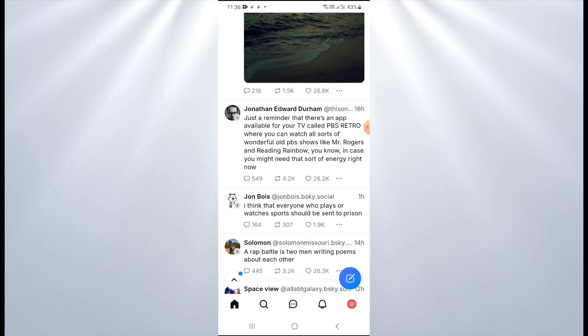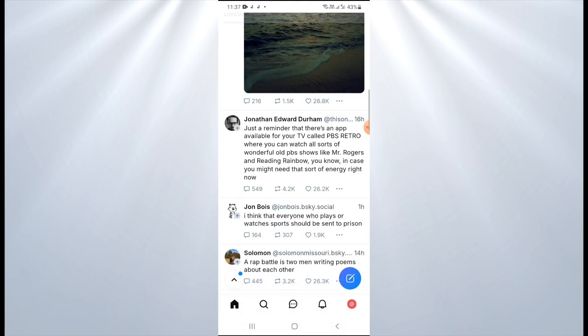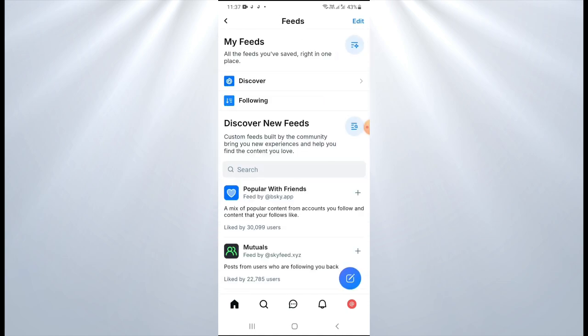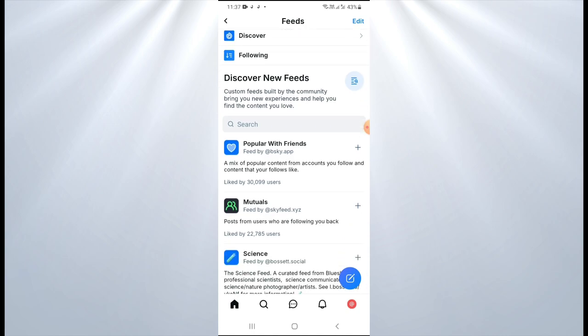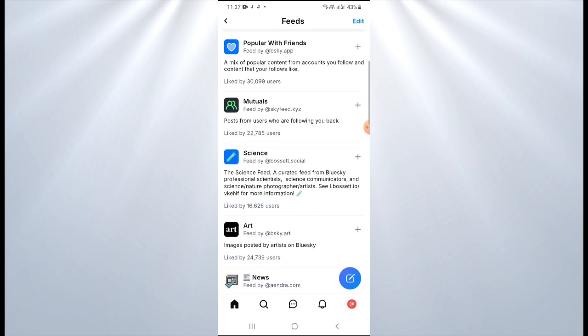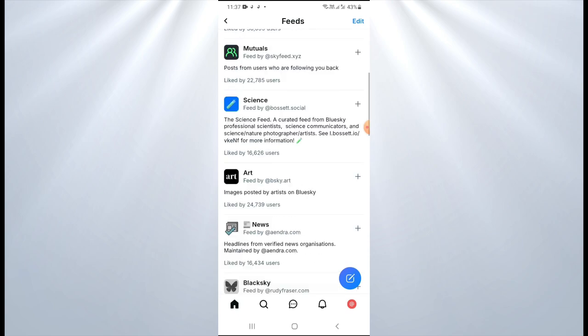And apart from that, try to use hashtags and keywords. When you make a post, try to include relevant hashtags or keywords to match your post. You can also go to this feed option here on your top right. If you click on the feed option, you can check what's currently trending, for example what's being popular and what's happening within the communities. Based on that, you can create content. See what's currently on trend, and try to create content based on that,